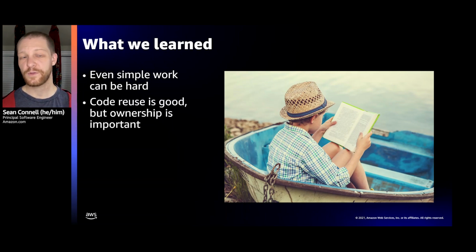Another thing we ran into was code reuse is good, right? We like taking dependencies because that reduces effort to write code. But at the same time, it can couple you to code in a way that you don't want, especially across teams. Teams may or may not share priorities. And if you share code, then you're coupled to that team, which means if that team doesn't want to provide resources to do an upgrade or do your code reviews, you're going to get slowed down. So ownership alignment is just as important, if not more so sometimes, than code reuse. So think about when you take dependencies, what the maintenance story will be, who will own it going forward, and who will make decisions around it so you can avoid getting teams coupled in ways that hurt.